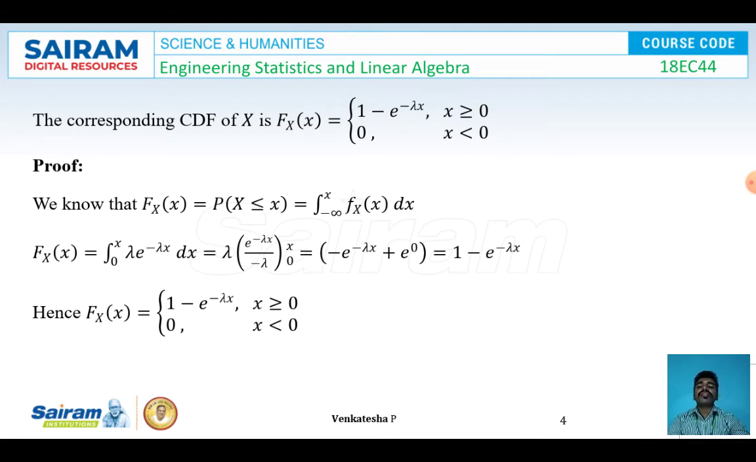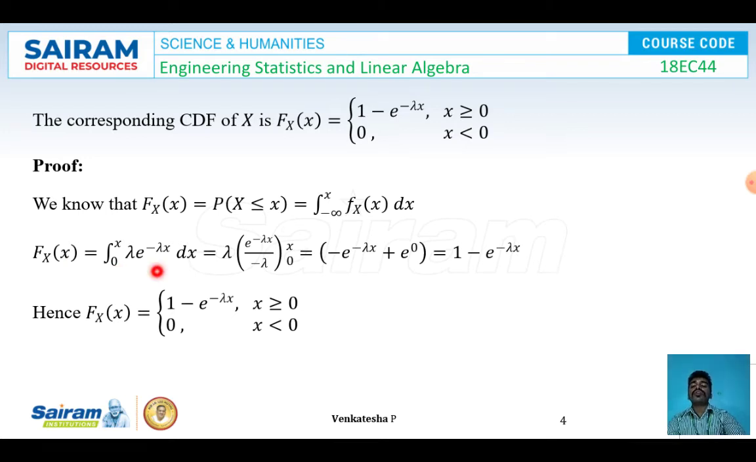Since x is a continuous random variable, to derive this CDF I am going to integrate the density function given, between the limits minus infinity to x. The formula is Fx of x is equal to P of X less than or equal to x, is equal to integration from minus infinity to x of fx of x dx. In place of the density function, I am going to replace the given density function lambda e power minus lambda x with the limit x from 0 to infinity. So I'll get Fx of x is equal to integration 0 to x lambda e power minus